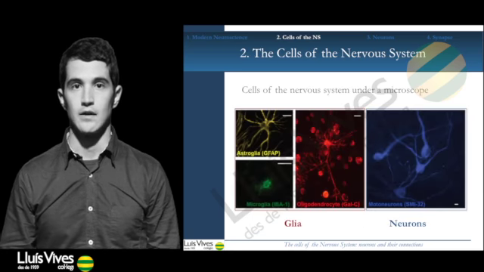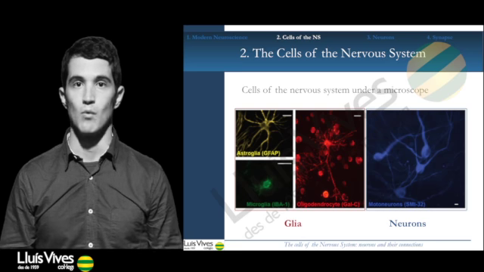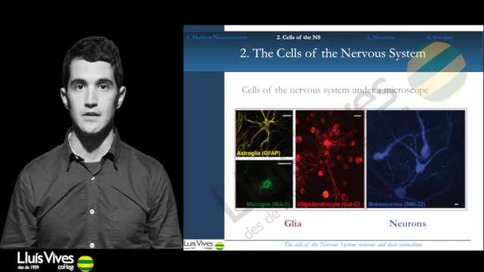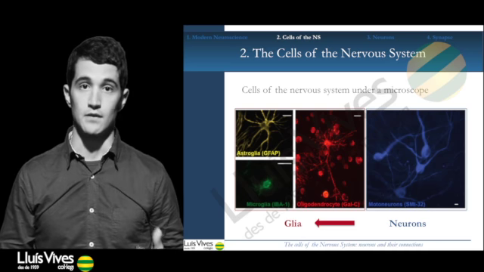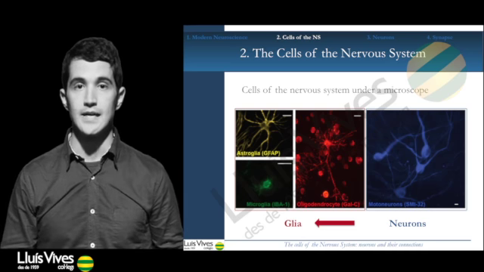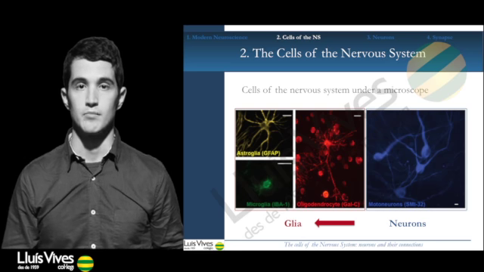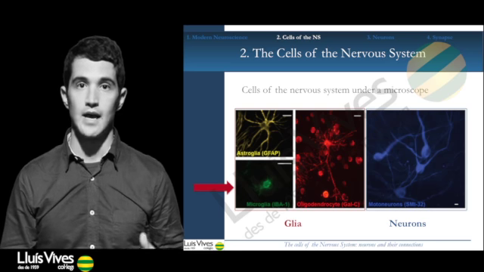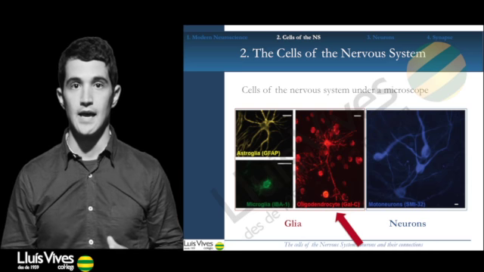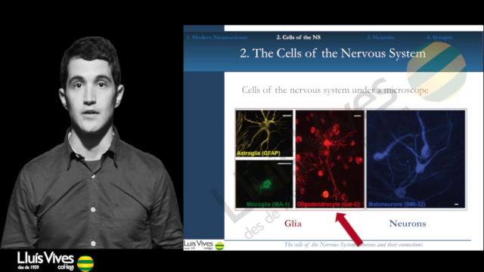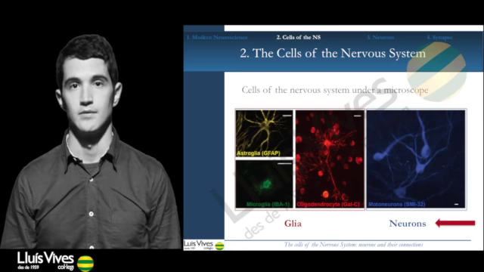It was thought that there were only neurons in the nervous system, but it was not true, because later it was demonstrated that there was another set of cells. This other set of cells was glia. Glia contains three groups: astroglia, microglia, and oligodendrocytes. The two main functions of glia are to nourish and to protect the neurons.